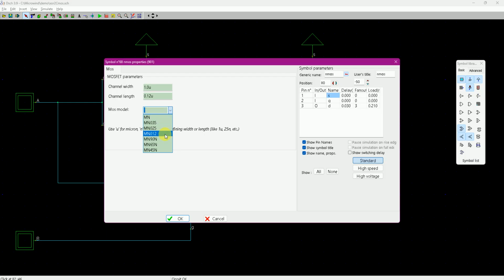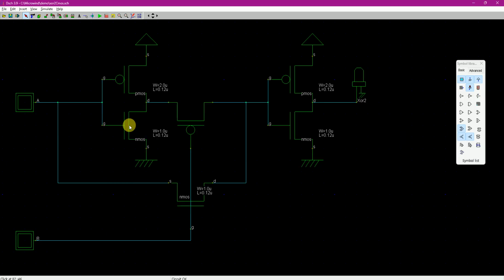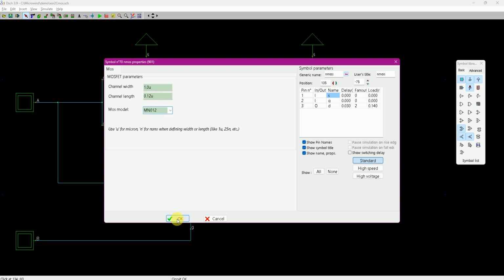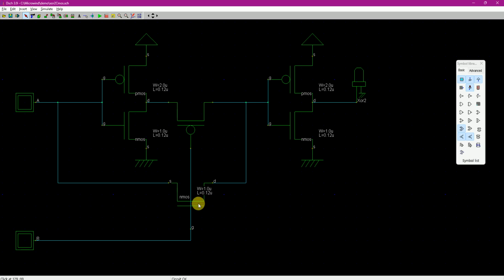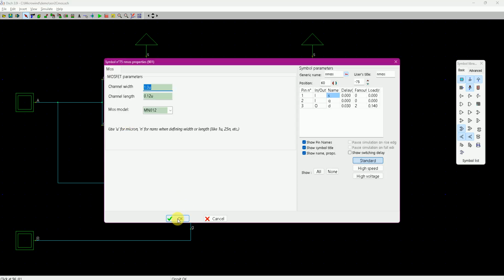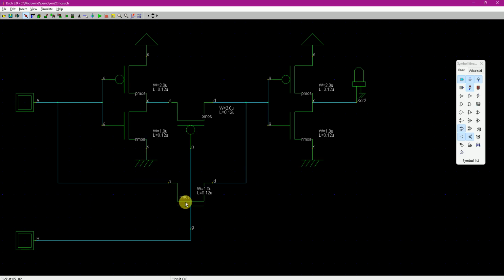So you can put MN012, so that is 0.12 micrometer MOS model. So I just do that for all of them. I'm giving him the MOS models for the particular technology node file. Yeah, that's correct. Just ensuring everyone has changed. Yeah, this one is left. So you can see all the PMOS are of 2 micrometer in width and 0.12 micrometer in length, which is